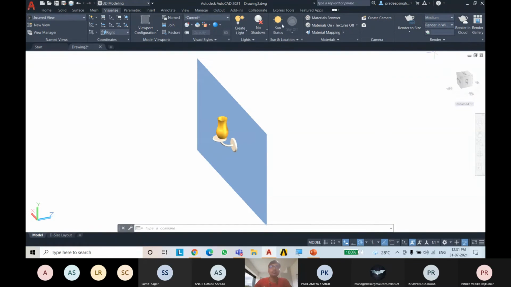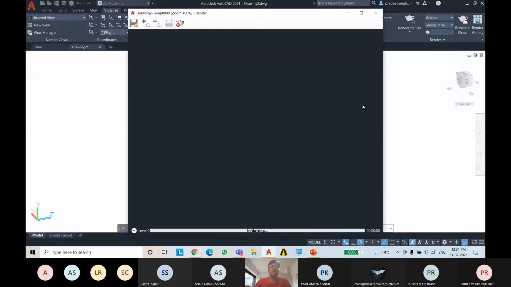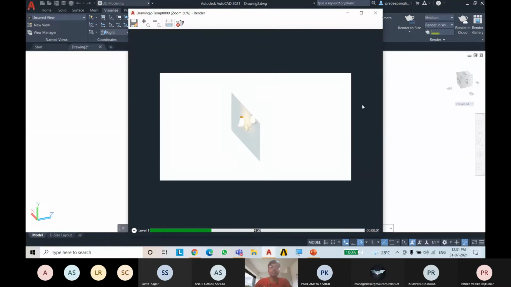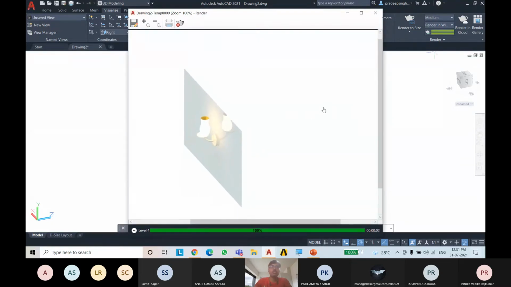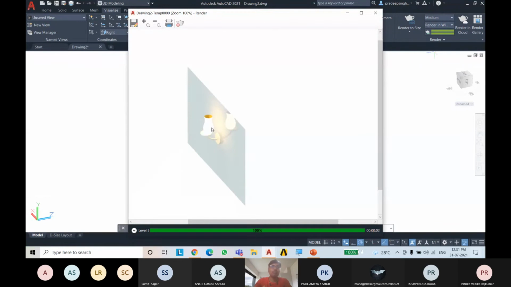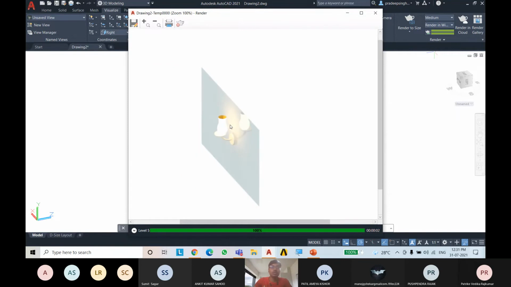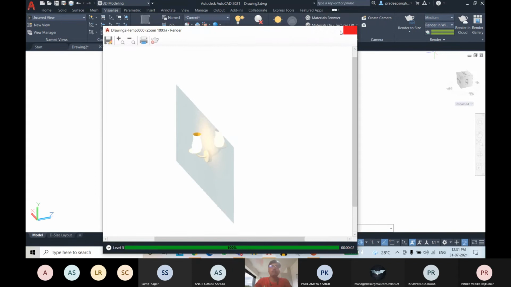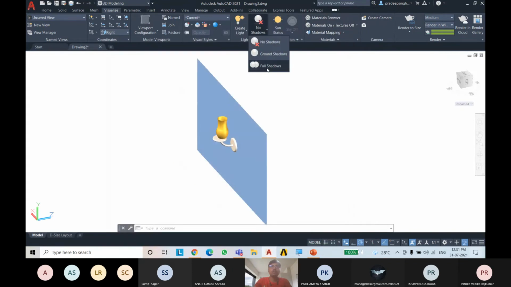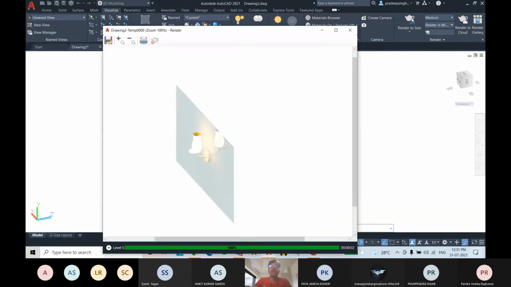So if you see, first I rendered this, you can see the difference of the properties I have used. This is illuminating. It's showing its lights on this screen. If I now turn on the shadow effects, the full shadow, and render again,